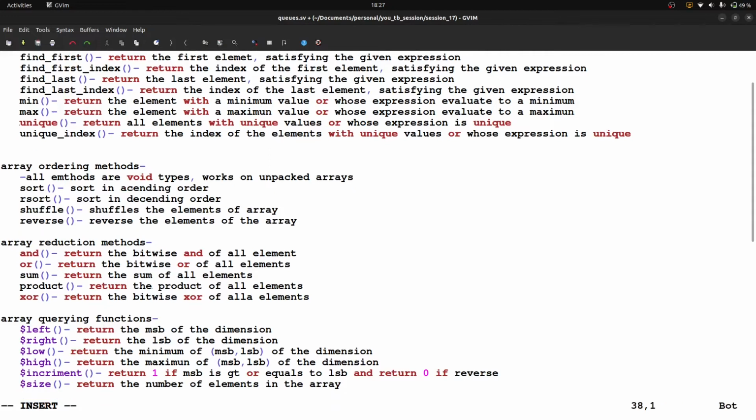Next one is dimensions. Return total number of dimensions in the array. Means it will tell whether it is 1D array, 2D array, 3D array or 4D array. Okay.